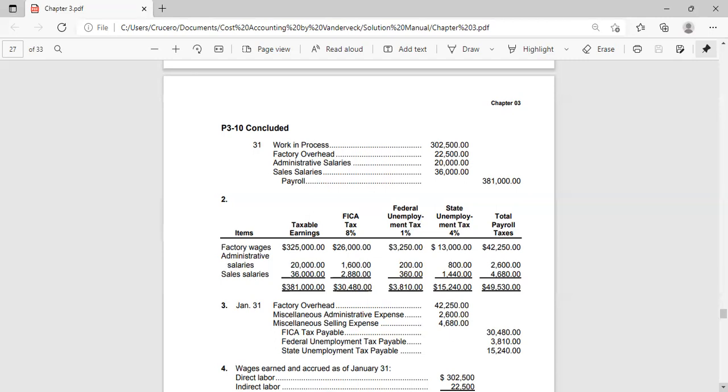By the way, in requirement number 2, we are preparing the journal entry to distribute the payroll taxes, assuming that the payroll taxes imposed on the employer for factory wages are to be charged to factory overhead. The taxes for administrative salaries are to be charged to miscellaneous administrative expense, and the taxes for sales salaries are to be charged to